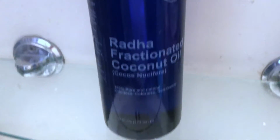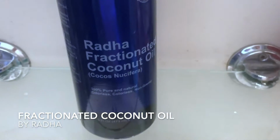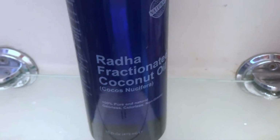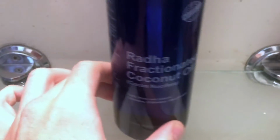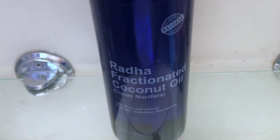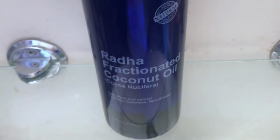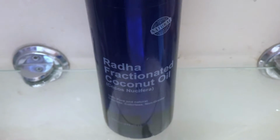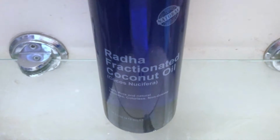So today I'm going to be talking to you about the Radha Fractionated Coconut Oil. I use tons of different coconut-based products for my face, skin, and just a number of other things. I think coconut is just really healthy. It's a very natural way to keep your skin, your hair, and your body feeling really soft